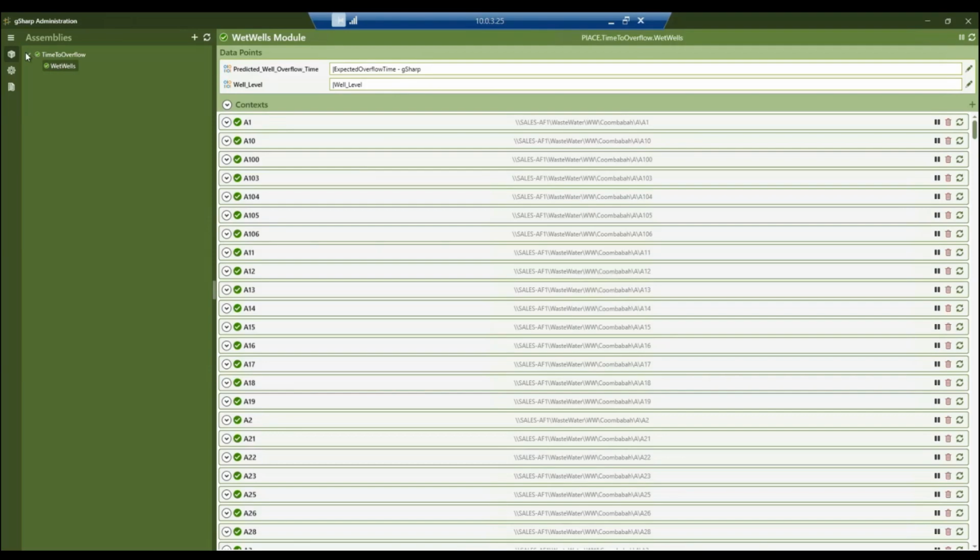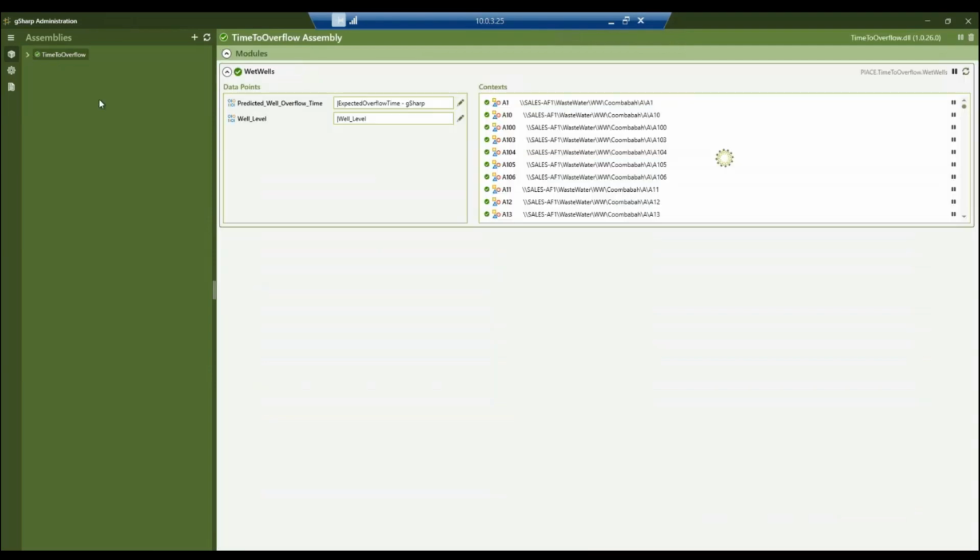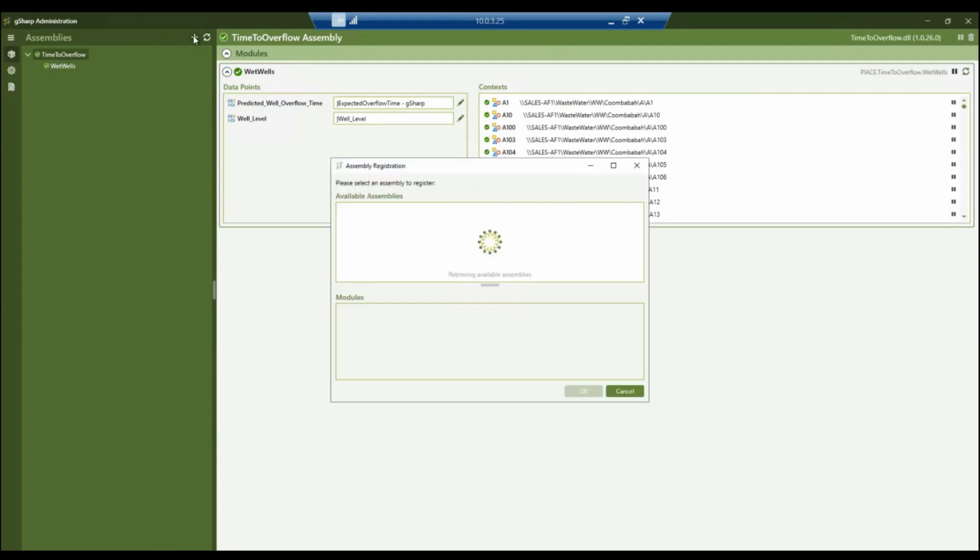What we're going to do is we're going to add a new assembly to our gSharp server. So I click on the plus button, and this will open up a dialog that's looking at my staging folder. In the settings for gSharp, I've specified where that staging folder is. I'll show you those settings shortly. So here you can see that there are two assemblies that it's noted as being gSharp assemblies.